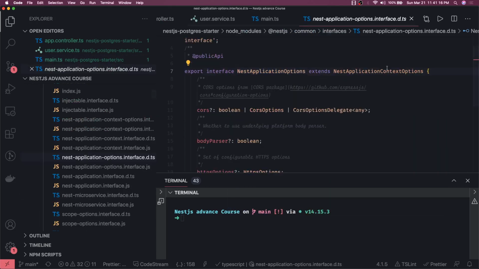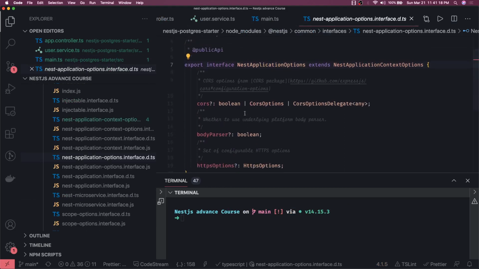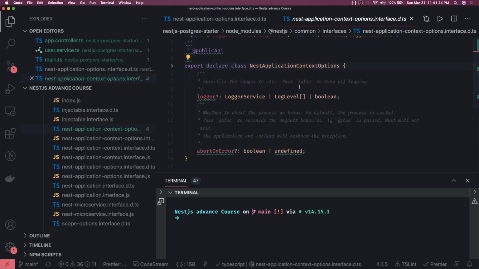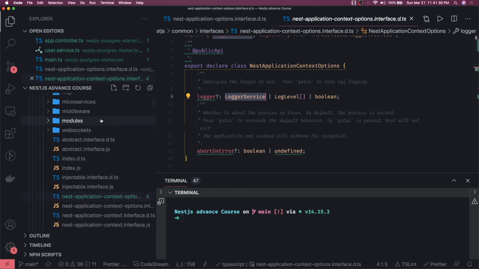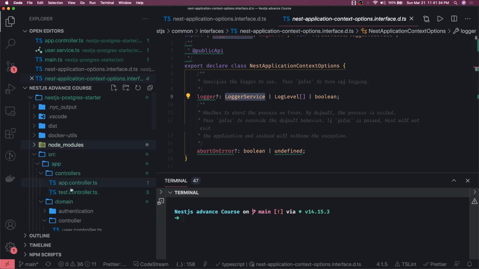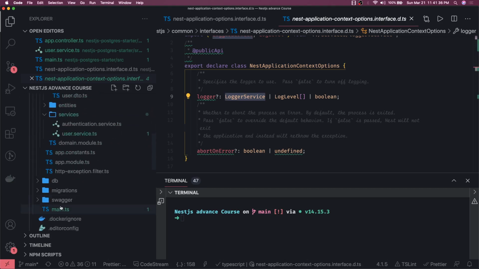These are the options you can pass while bootstrapping the Nest.js application. And if we look at the application context options, here we see the logger. By default it uses the logger service. If you want to override this, you just create your logging class and override it in the main.ts.